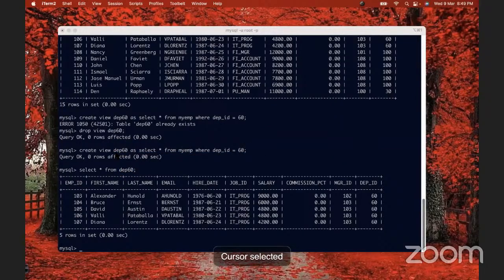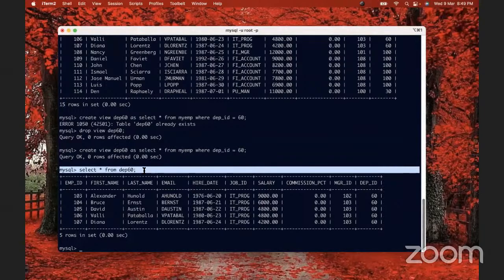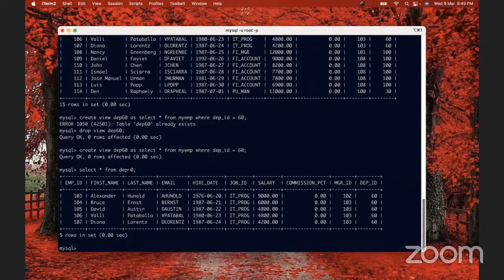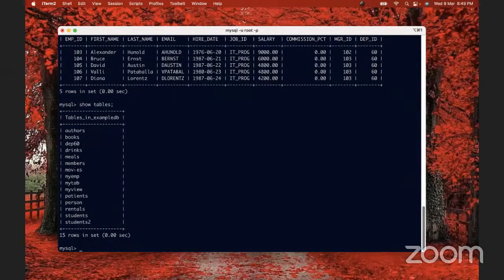If you see, once you create a view, it is treated exactly like a table, right? So somebody looking at this query will not be able to say whether department 60 is a table or a view, right? Because this is exactly being treated like a table. In fact, if you say show tables, right, you will see all the views also. Rentals is a view. There is a my view, right? All these are views that we have created. Department 60 is a view, right? But it is shown as a table only,